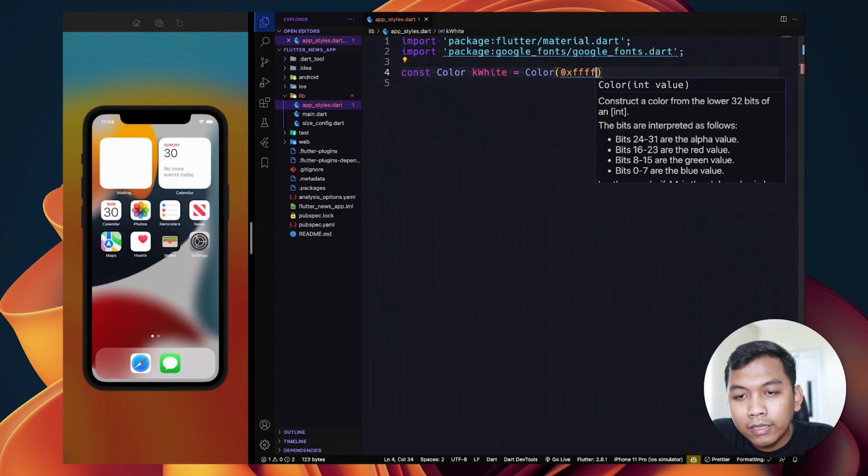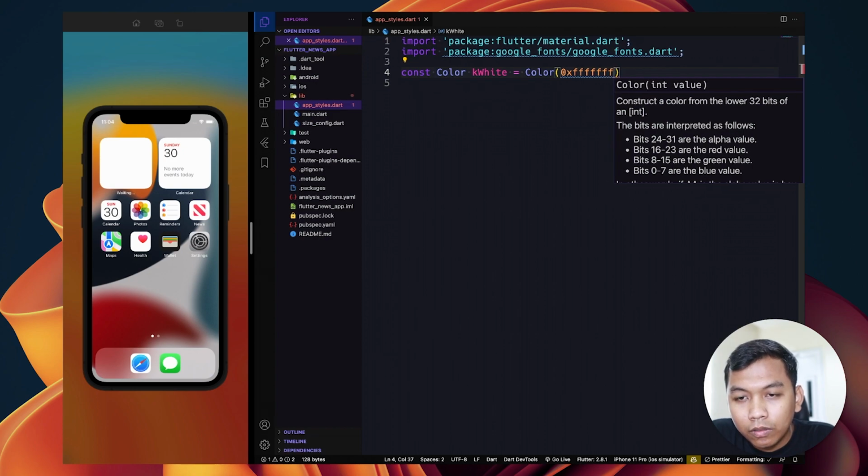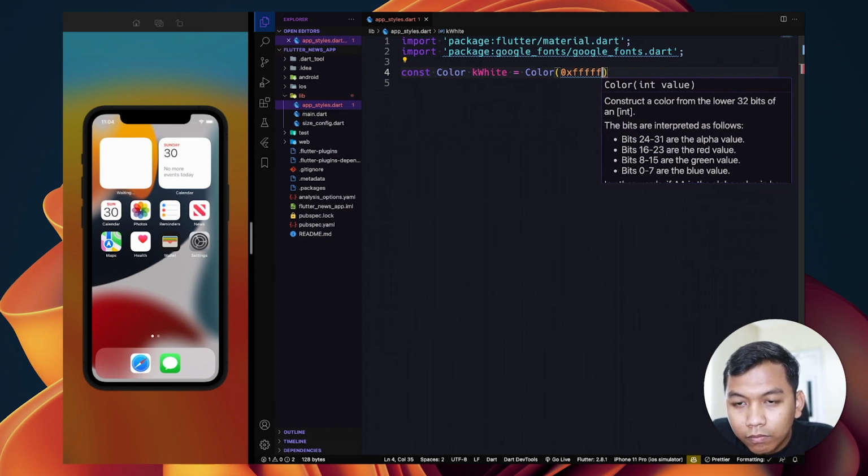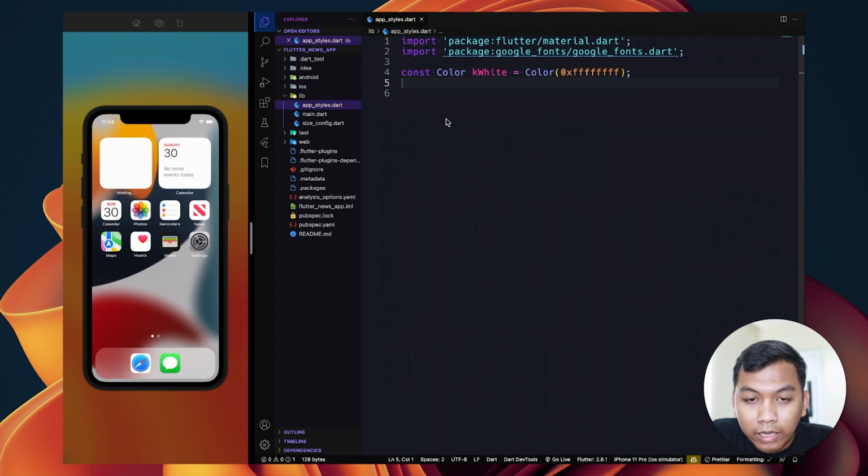It's a pure white, so it looks like this.